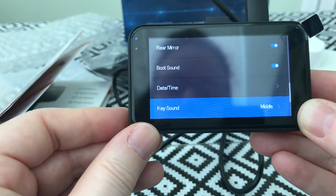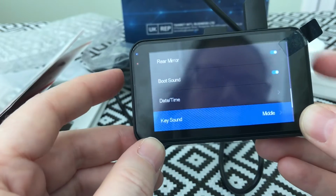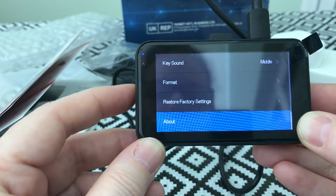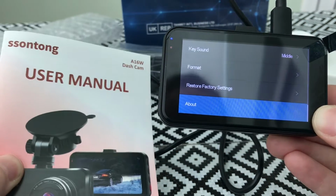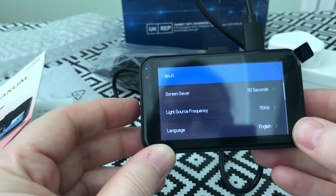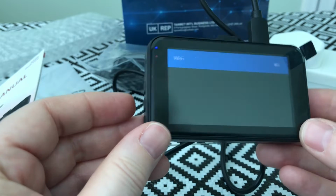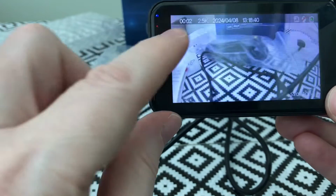The date and time we've just done. The key sound is the little sound you hear when I'm going up or down or pressing any of the buttons. Let's leave that as it is. And format we've just done. So if you need any more information with regards to all these options, everything is in the user manual here. So let's just go to the Wi-Fi, press OK, and you can have the Wi-Fi on or off. So to come out of the menu, just press the menu button there, and there you go, it starts recording